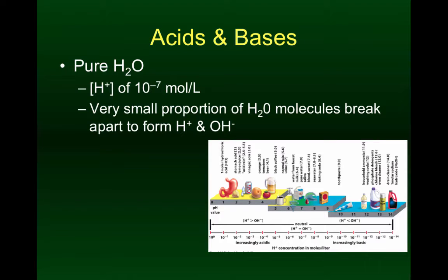Right? The H pluses are what actually makes something an acid. This is a measure of concentration. This number actually would be 0.0000001 moles per liter, and moles per liter is a measure of concentration. So anything with an exponent of 10 to the negative 6th or bigger is an acid. Anything with a concentration of 10 to the negative 8th or bigger, or actually, yeah, larger, is going to be